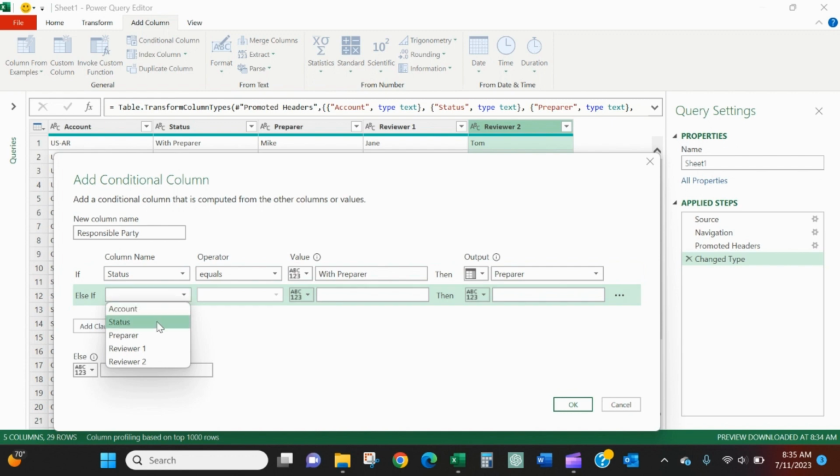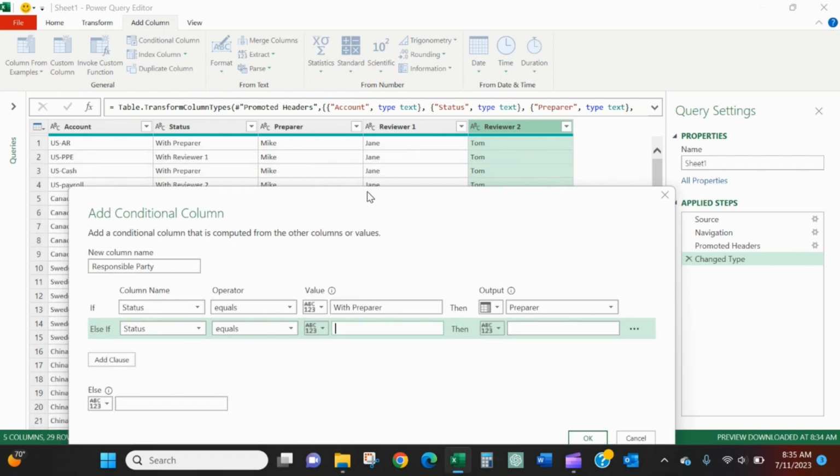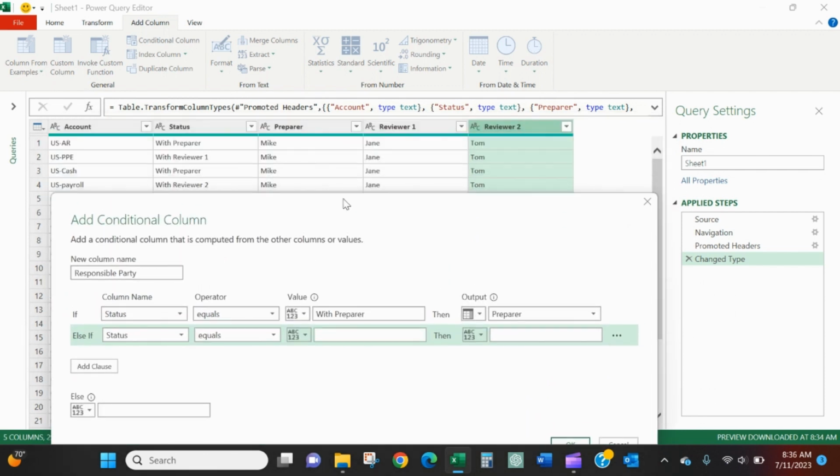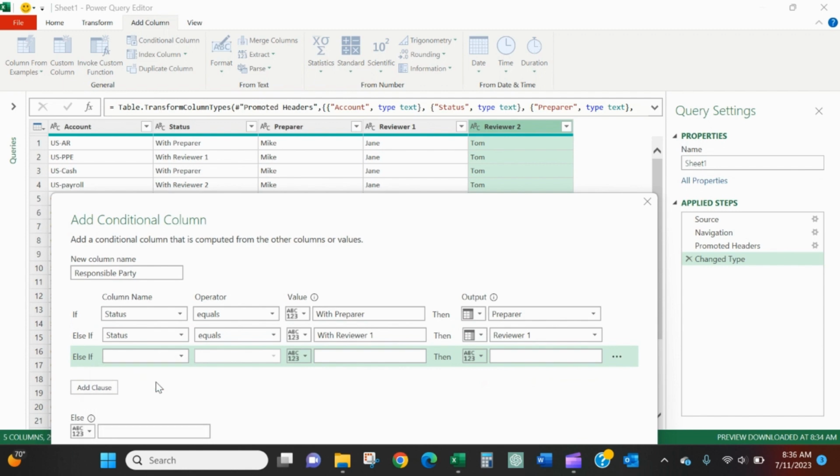We'll say else if status equals with reviewer 1, then give me the column reviewer 1. We'll add a third clause. We'll say else if status equals with reviewer 2, and give me the column reviewer 2. And now we'll have a default and we'll say